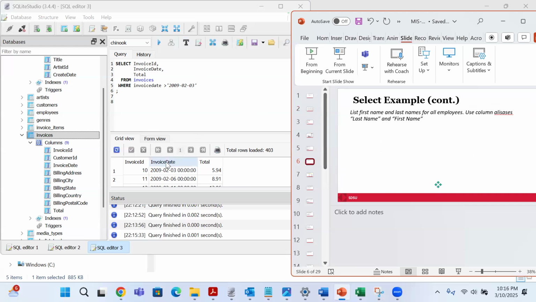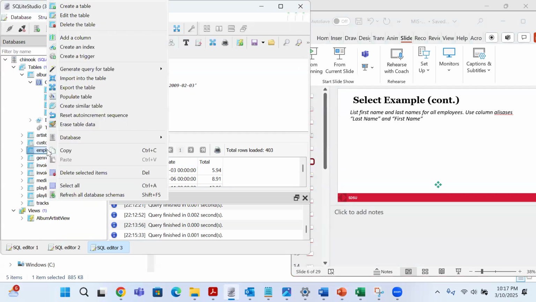So for example, back to this example with invoices, invoice date is the column in the table. See, there is no space between invoice and invoice date. And that is exactly how your query is going to bring you data unless you give it aliases. So let's try to execute this query against